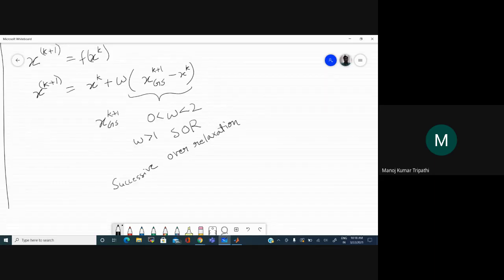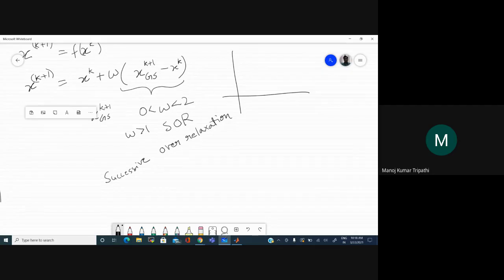Now you can imagine, if I plot the solution versus the number of iterations, let's say the initial guess is somewhere here. The next solution at k equal to 1 or 2, depending on the starting index, would have been this one from the Gauss-Seidel loop.